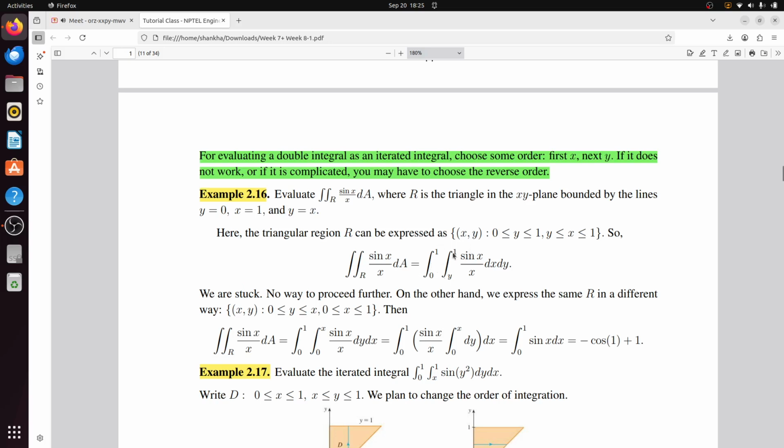0 to 1, 0 to x, sin x by x dy dx. First integrate with respect to dy, so your sin x by x is constant. So 0 to 1, sin x by x times x. dy will give you x, so sin x by x times x, the x will cancel, so you will get the integral from 0 to 1 of sin x dx, which will be minus cos 1 plus 1, that will be the answer. So that is how